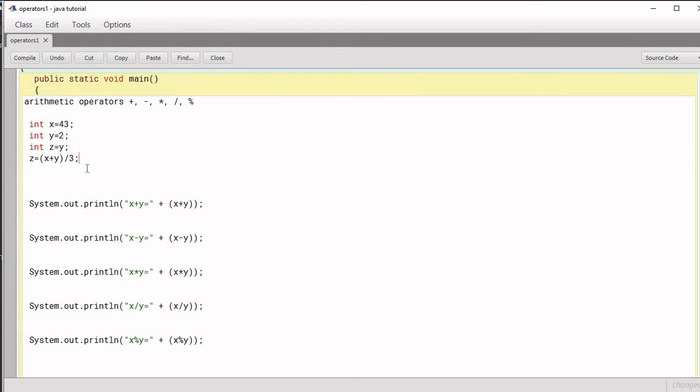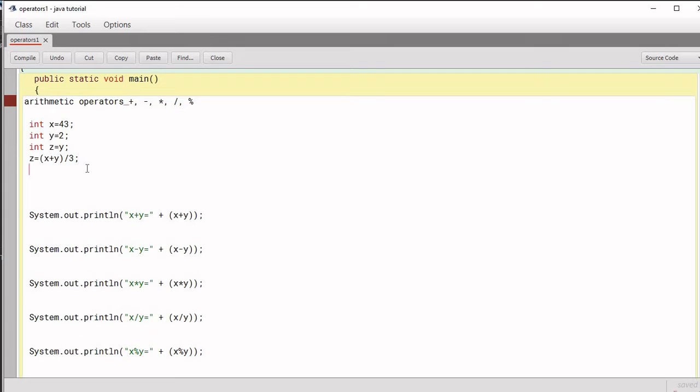One more thing: suppose there is an expression such as x plus y minus 4. In this case, plus and minus both have the same precedence level, but they are both present in one expression. If operators with the same precedence are present in an expression, then we have to follow the associativity rule.